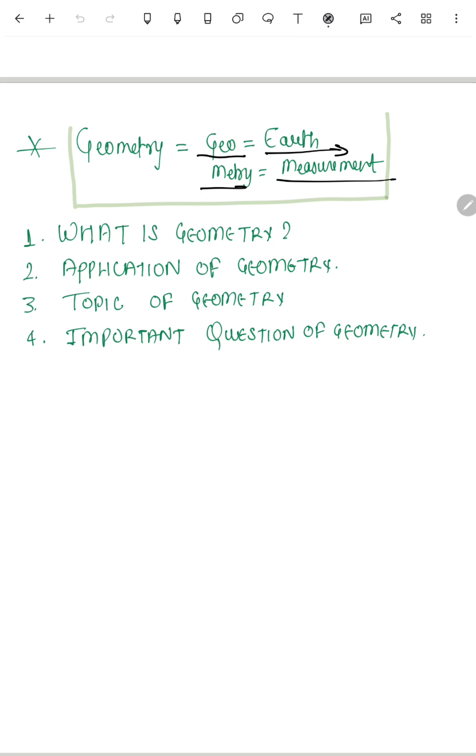Friends, in day-to-day life, our eyes see a lot of figures. To have proper communication, we classify these figures into different types, we name them, and later on we study them and use them in applications. Right now, as you are sitting on a sofa, the sofa has a triangular structure and a cubical structure. If you are holding a pen, the pen has a cylindrical portion, a cylindrical figure.